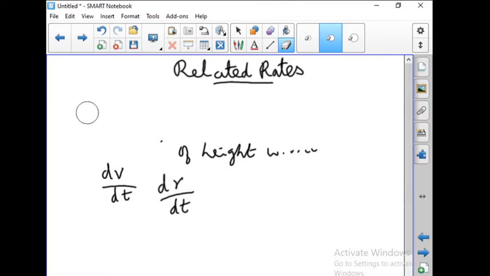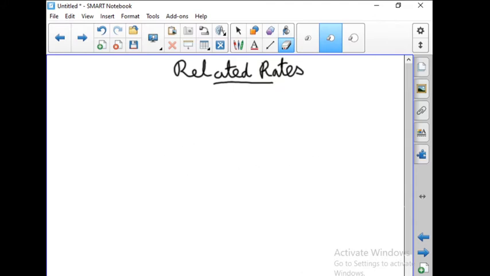In the example problems we will learn related rates. Example 7.7. If we blow air into a balloon of spherical shape at the rate of 1000 centimeter cube per second, at what rate does the radius of the balloon change when the radius is 7 centimeter? Also compute the rate at which the surface area changes.